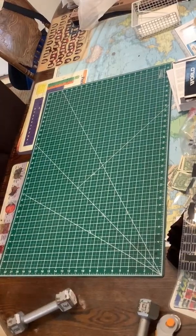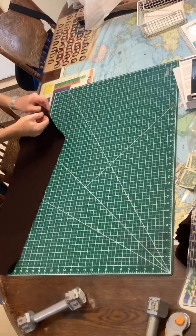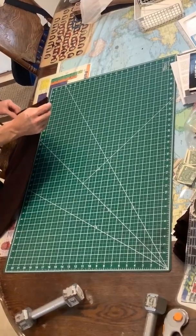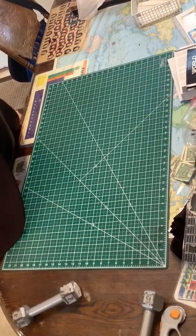Okay, out of the bolt, I stretched the wool out. It's doubled. It's double layered. I folded it over and I matched the ends. At the very beginning, I cut it off so it was square. And I'll go along the seam